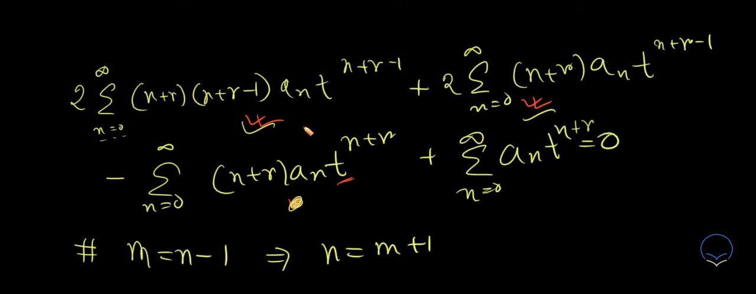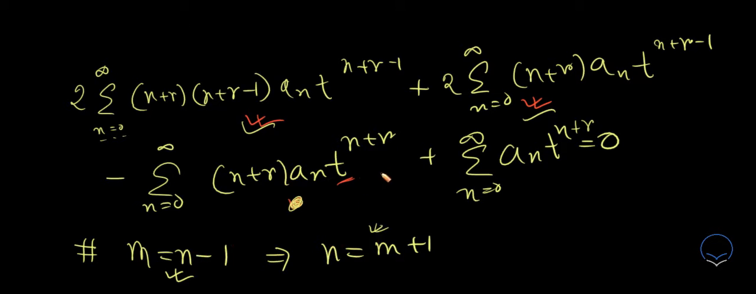And obviously you have to start from the appropriate m. And if you just see from here, when n equals 0, m is minus 1, right? That's what we are getting. Or when m equals 0, n equals 1. So if you do that,